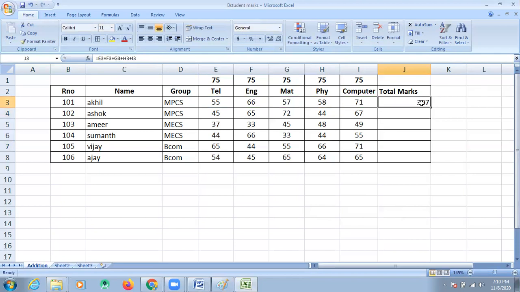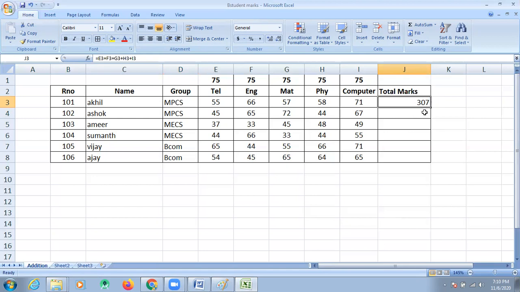Okay, formula. But if you select any cell, look here, I selected D4, on the formula bar it displays MPCS, it is textual data. But on the J3 cell, it is not normal data.